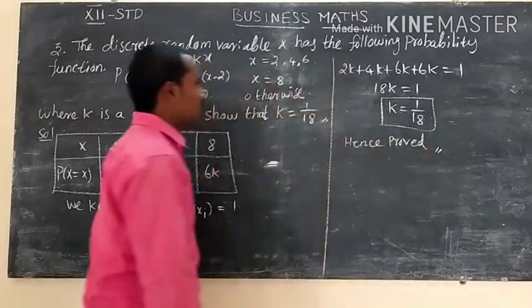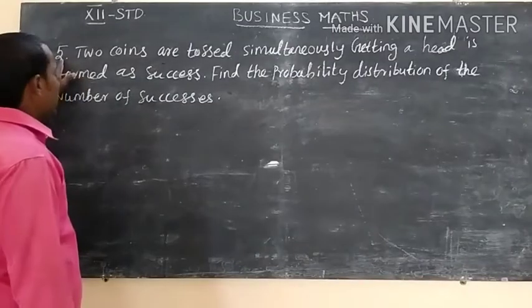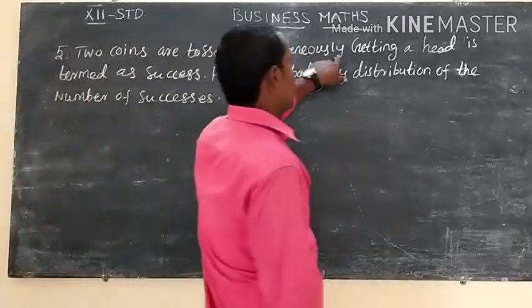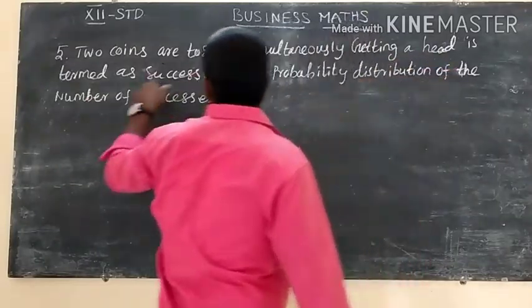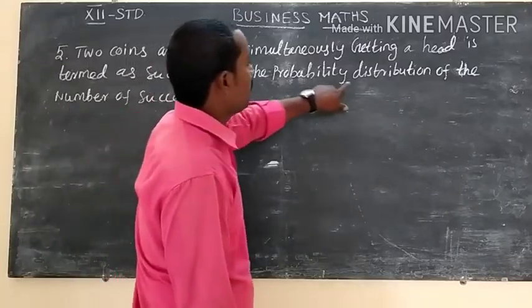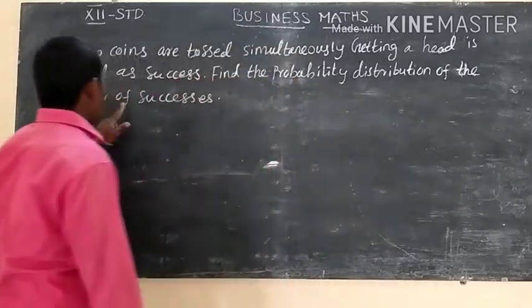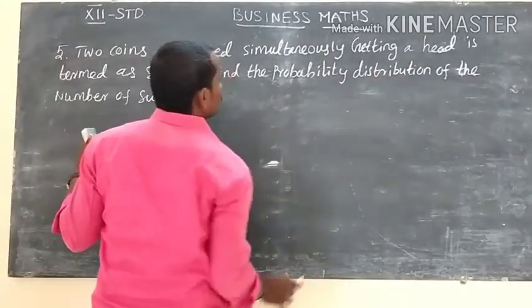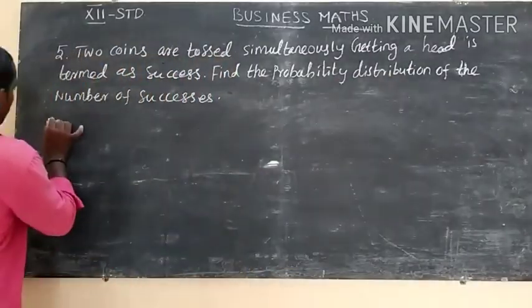Okay, have you understood? Okay, the fifth question. 2 coins are tossed simultaneously. Getting a head is termed as success. Find the probability distribution of the number of successes. The solution: